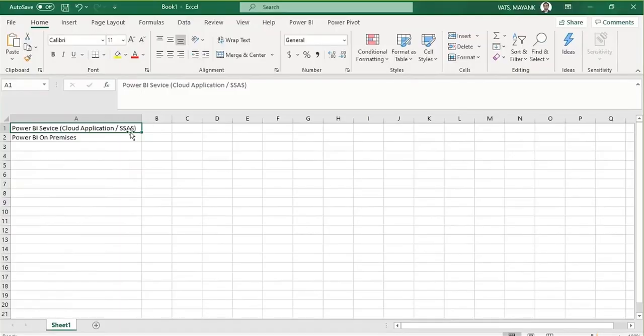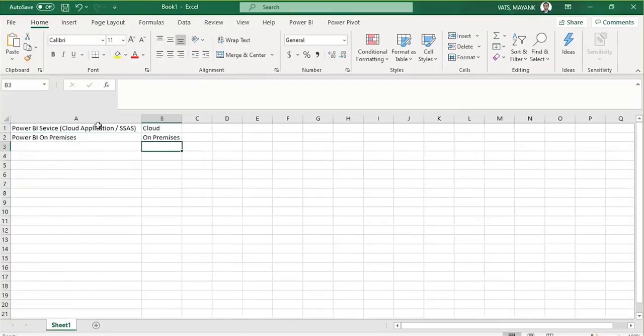So we can say Power BI on premises is an alternate or a substitute for Power BI service, but there is a catch. One is cloud based and the other is on premises, local. Got it? In Power BI service, we deploy our reports in a cloud database, and Power BI service is the cloud platform we use to interact with the reports.